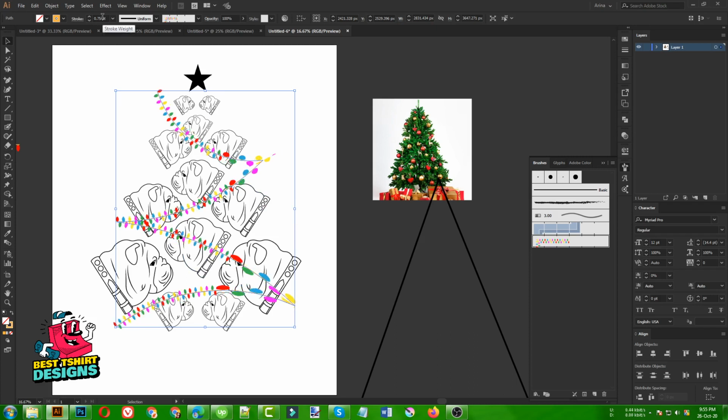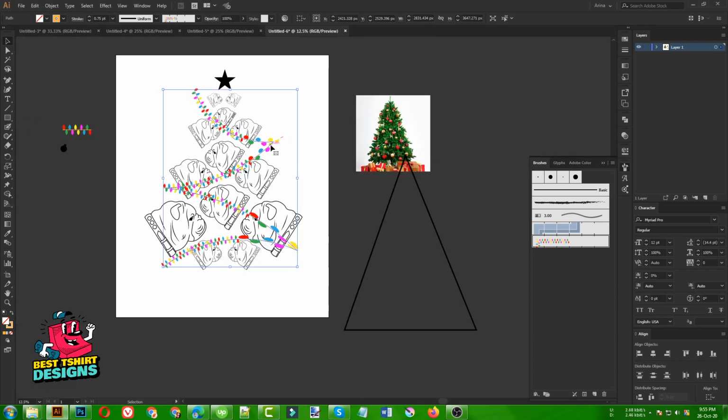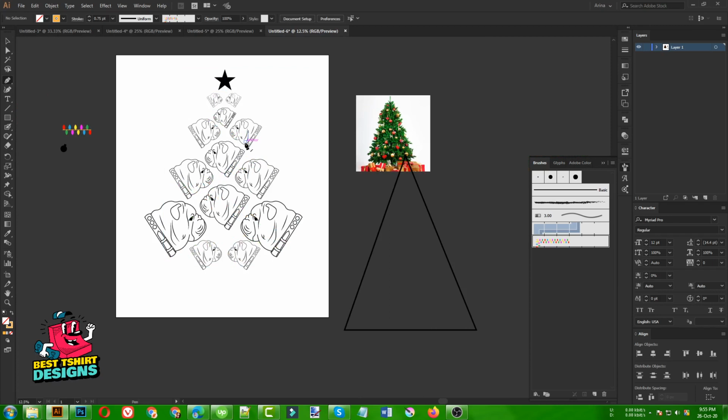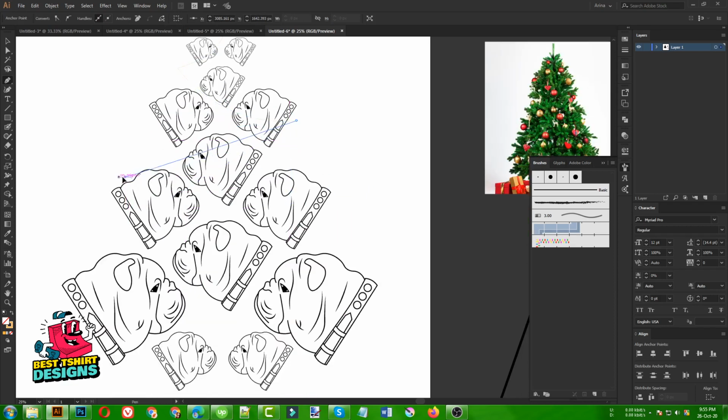Okay, I don't know what happened in this area. This part is not looking very good, so maybe that is because of the curvature tool. So let's do it with our pen tool. I think that will be okay. I need that to start from this star like this maybe, then just come to this place. That is good. Click here to end that point. Then I need to come like this, end it like that.